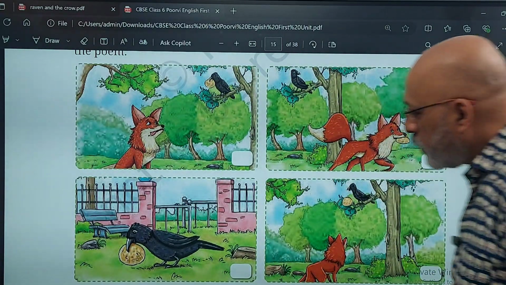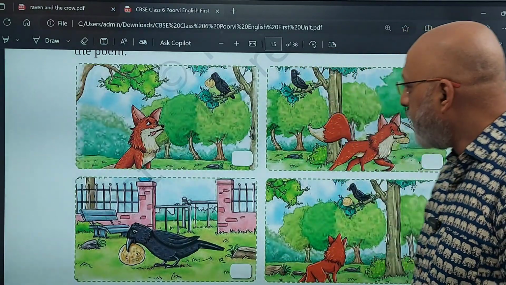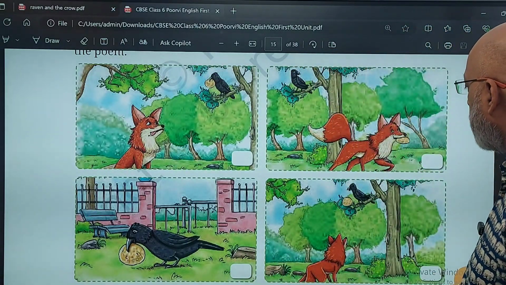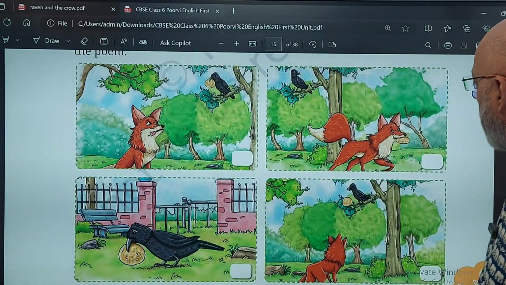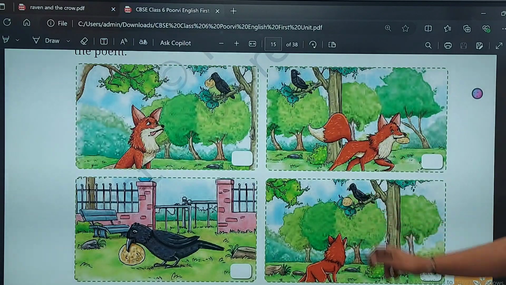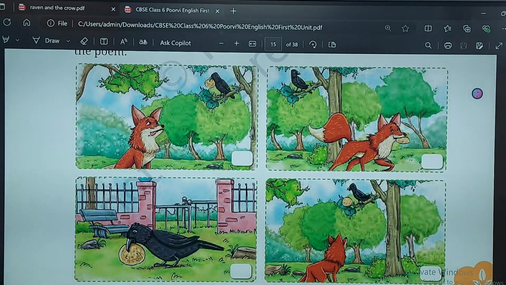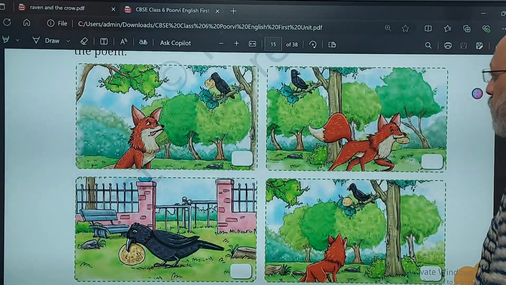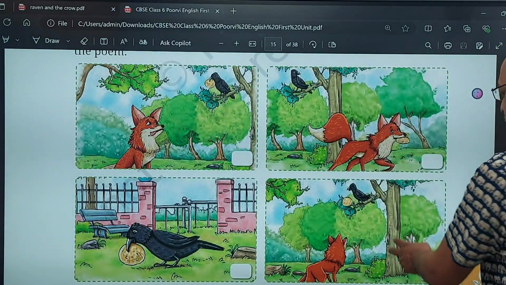तो सबसे पहले तो रेवन ने ये इसको मिला होगा. So this is 1. Then उसके बाद it has gone to the tree. So this is 2. Then उसके बाद it has asked it to sing. So the piece of food has fallen down. So this is 3 and this is 4. That the fox Lombri has gone away with the morsel, and the raven is feeling very foolish at the end of it.